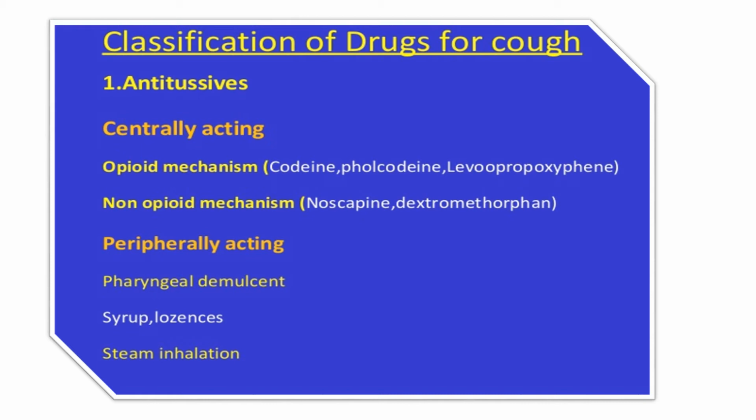Second one, peripherally acting antitussives include pharyngeal demulcents, syrups, lozenges and steam inhalation. Pharyngeal demulcents include those which help to soothe your larynx and prevent the irritation, peripherally preventing the irritation. Okay, so under antitussives there are centrally acting and peripherally acting. Centrally acting are divided into opioid and non-opioid, and peripherally acting are pharyngeal demulcents, which include syrups and lozenges, plus steam inhalation. Under steam inhalation, you take steam, as we say in Malayalam, aavi pidikkuka, they help